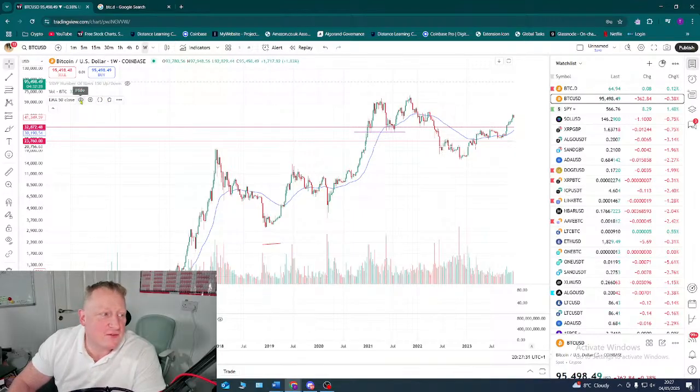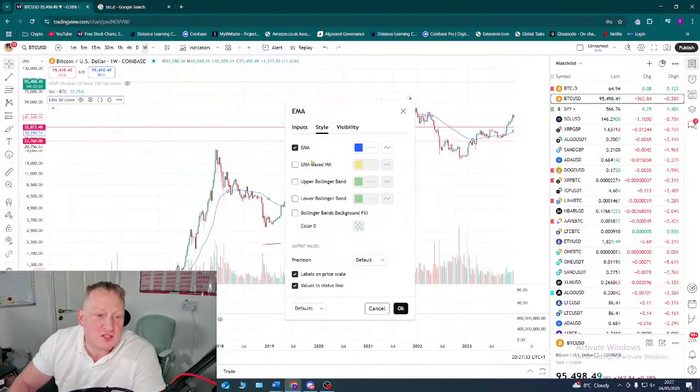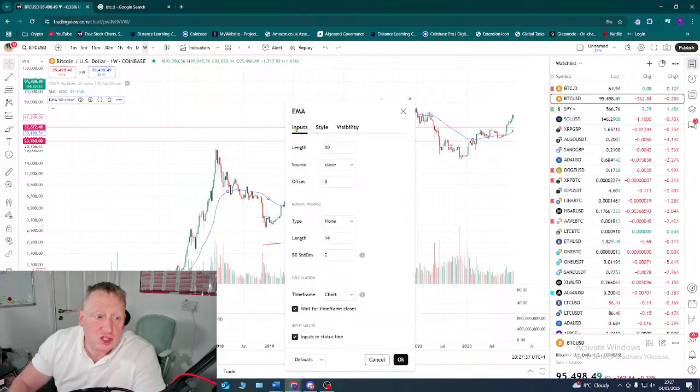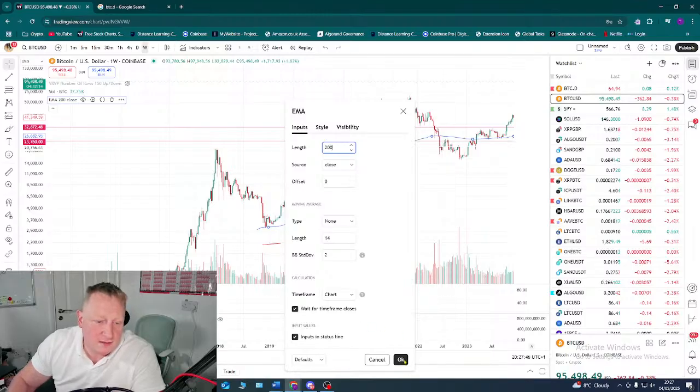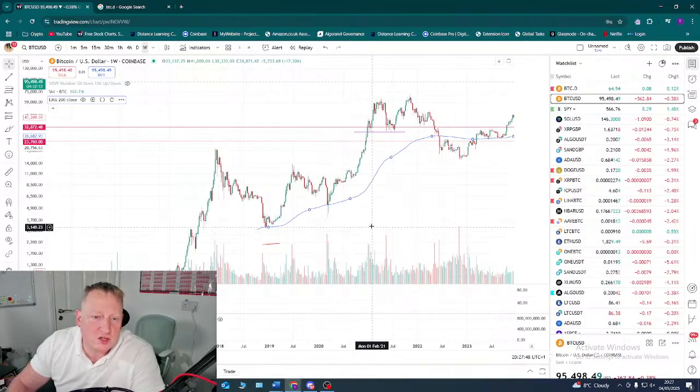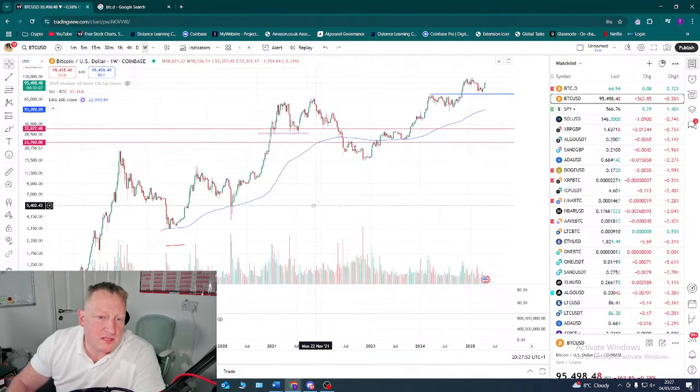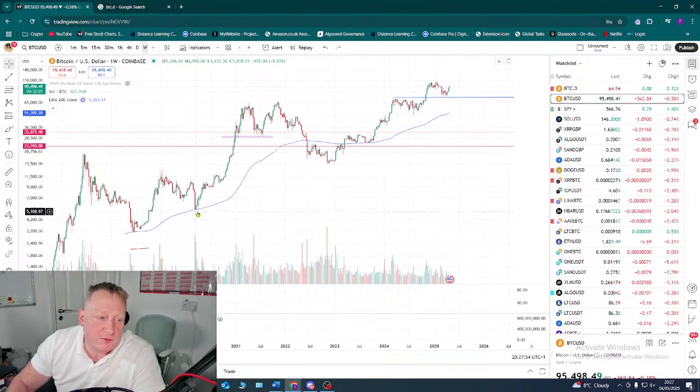is looking, if we just go into the settings and change the settings from 50 to 200, this 200 is probably the most powerful indicator to know whether we're still bullish or bearish on Bitcoin. And the reason why is because we only really broke it for a week there, arguably a week and a half, but we actually broke it properly where they closed